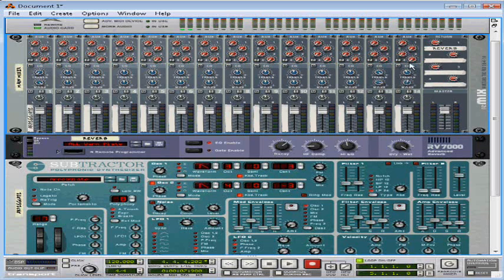You have your EQs here, and then you have other auxiliary sends here, so you can affect just the sound of this reverb on this instrument. Right now it's all coming through this fader. It goes from this fader to the reverb, from the reverb back to this fader,